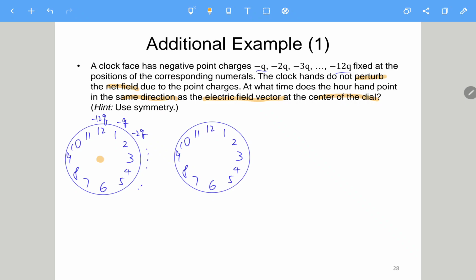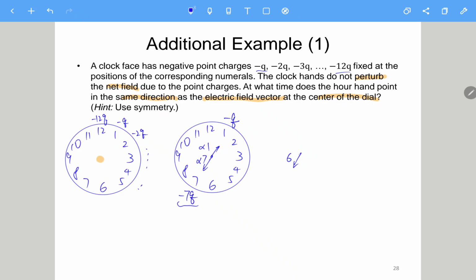So which means that suppose we have a negative Q at 1. And then we have a negative 7Q at 7, which means that at this point it will generate an E field pointing to this side, proportional to 1, and then we will have an E field generated by the negative 7Q, which is proportional to 7 of something. Okay, so in that case, 1 and 7 can be partially cancelled. It turns out to be